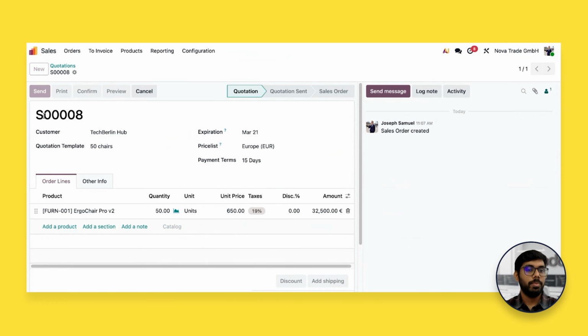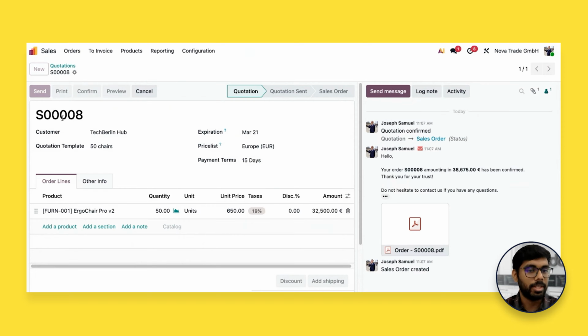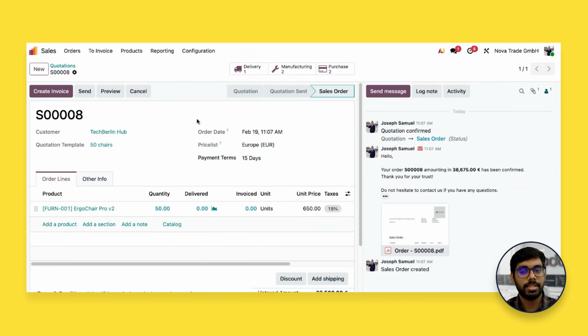So you can see that Odoo has confirmed the sale order, and while it's done that, it's also generated our sale order, as well as created these smart buttons on top. So we can see we have 1 delivery, 2 manufacturing orders, and 2 purchase orders. So first we will go into the manufacturing and see